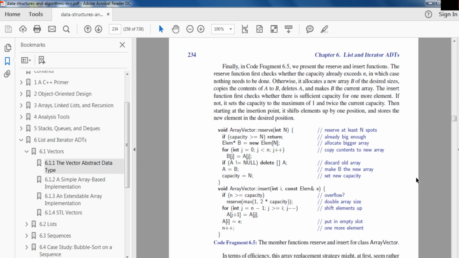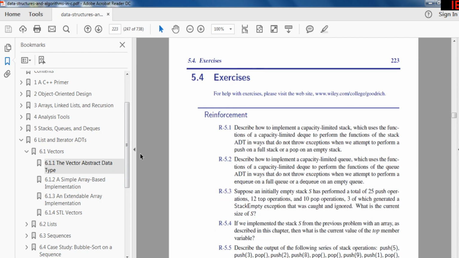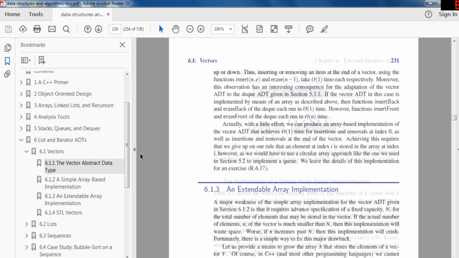Reserve just copies, they create a new allocate. Whoa. What did I just do there? Whoa. Wow, I went back way too much. Okay, so